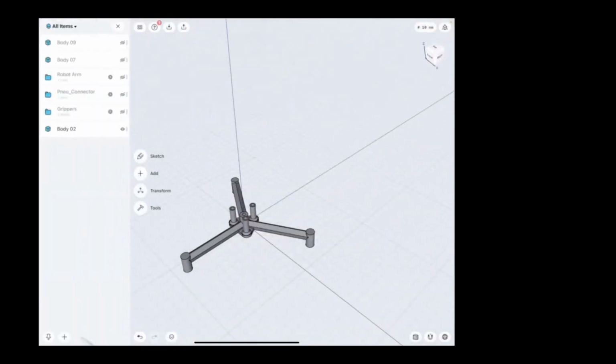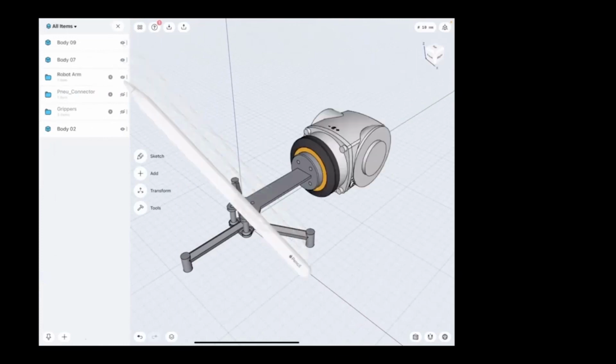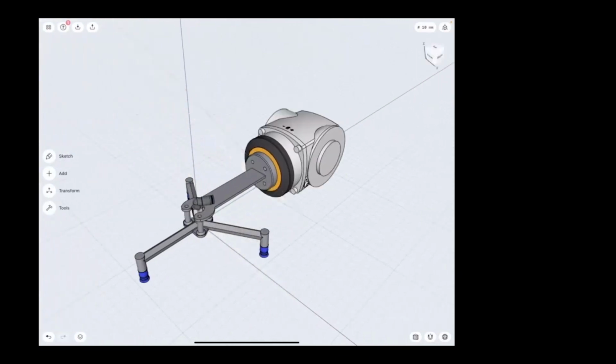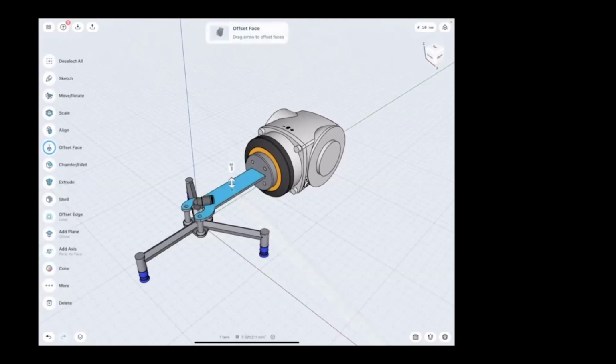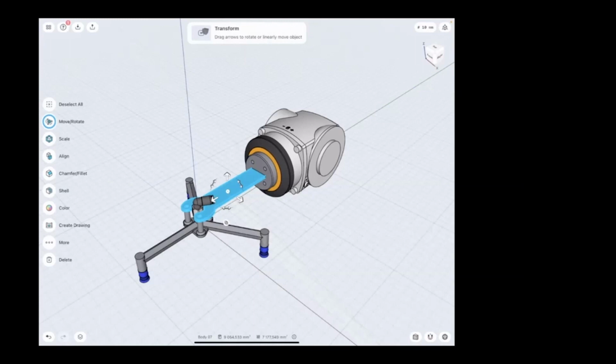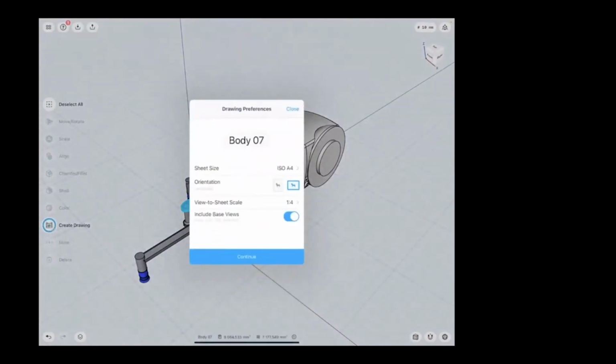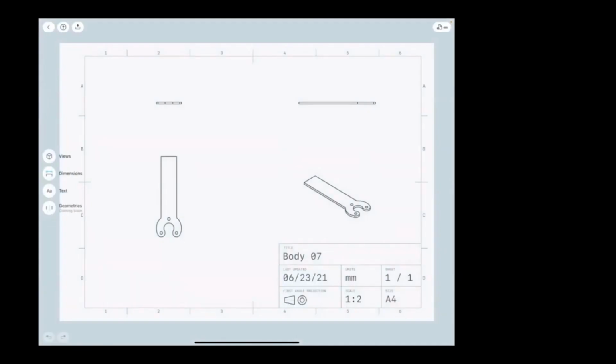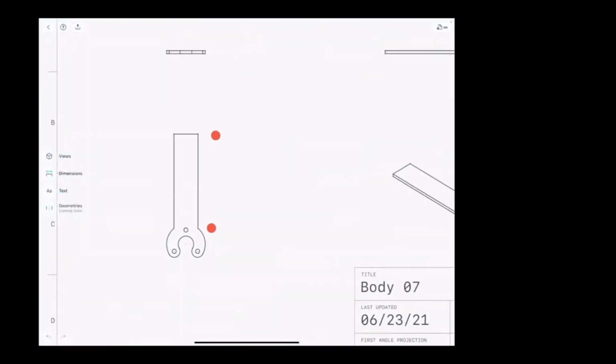The workflow is a bit different if we are looking to machine the parts, because apart from having the step where I just export, we may need to provide technical documentation of the part. Let me just create a drawing of the selected part by tapping on the Create Drawing button on the left. And after selecting the sheet size and defining the sheet scale, I can move on with the tab, and there you can see all the projections are made in a few seconds.